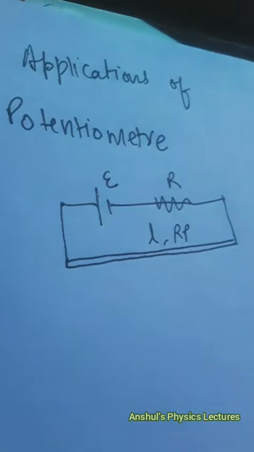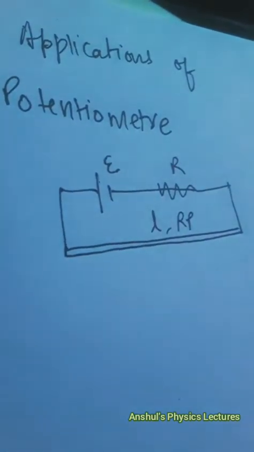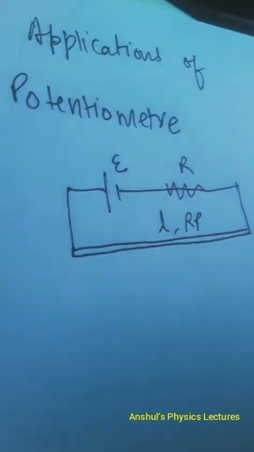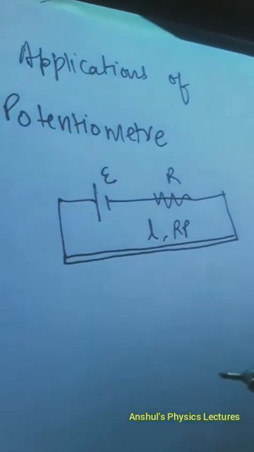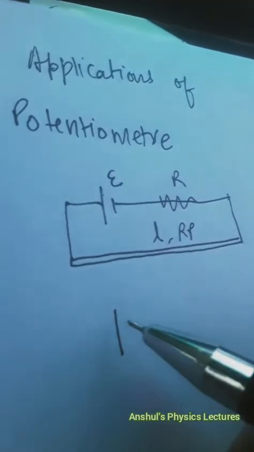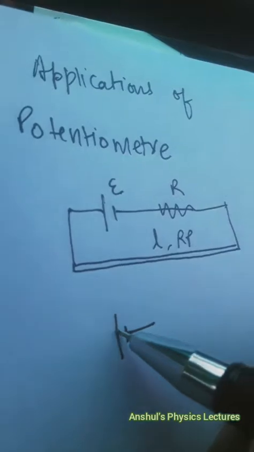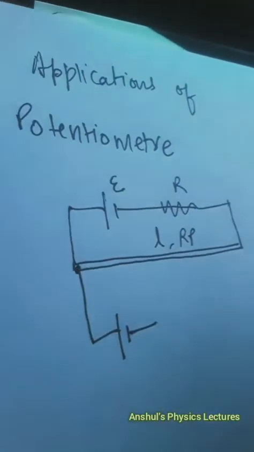So one of the important applications is to measure the EMF of a cell. Suppose you are given a cell and you don't know what its EMF is. So you can use potentiometer to determine it. The positive terminal of the cell is connected at the left end of the potentiometer wire,